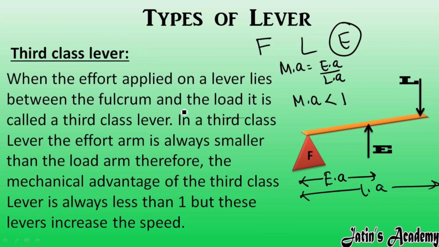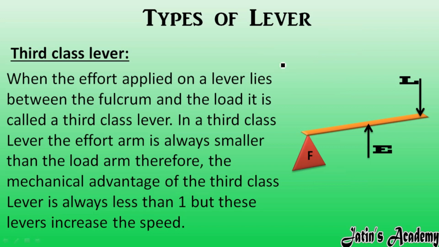Fine. And what is the use of this mechanical advantage equal to 1, or greater than 1? Actually here in this case, as we have studied, in a first class lever mechanical advantage is equal to 1. Equal to 1 means whatever effort we are applying on the body or on the simple machine, the same kind of work that simple machine is also going to do. The same kind of force that simple machine is also going to apply on the load. This is what mechanical advantage equal to 1 means. In a second class lever, we have learned that mechanical advantage is greater than 1.